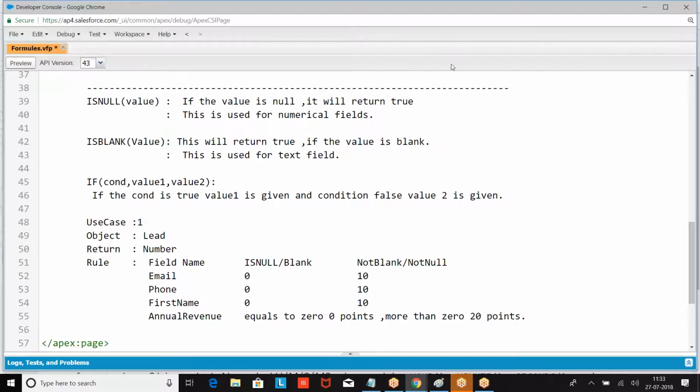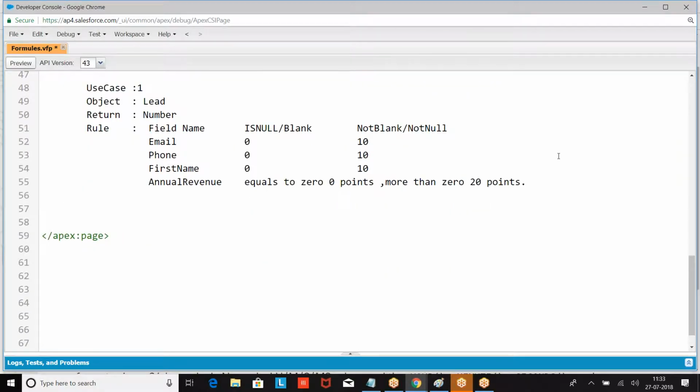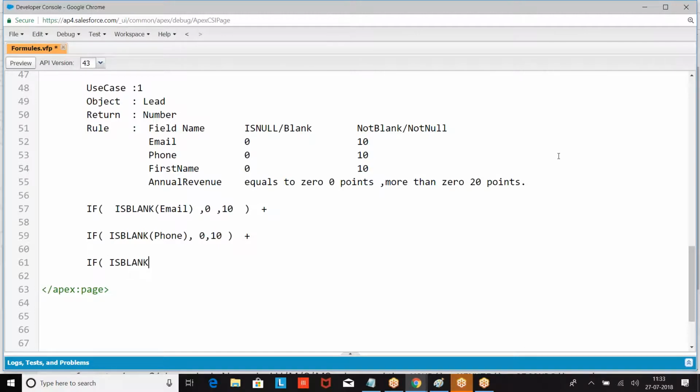So how will you do this? Look at the point. If email is blank, true, give 0 points. Otherwise, if phone number is blank, give 0 points. Otherwise, if first name is blank, 0 points.